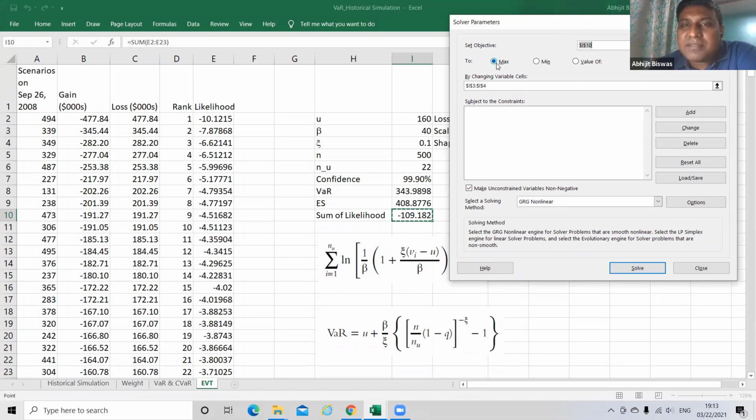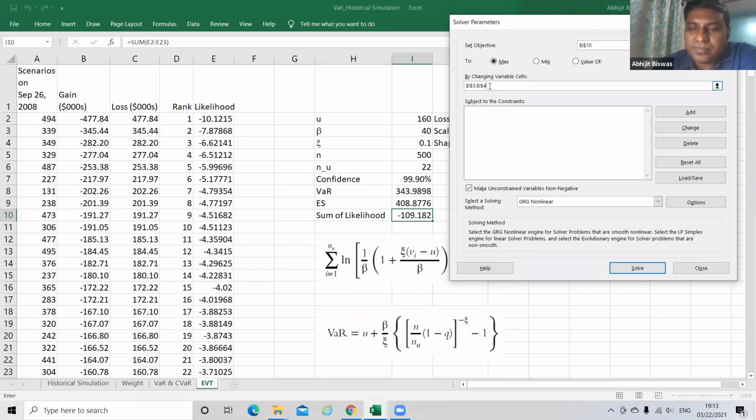So you should have the max button ticked. If it is not already ticked, you just tick max. I want to maximize the value that is there in I10, but by changing which values? Changing beta and xi. Beta is there in I3 and xi is there in I4.